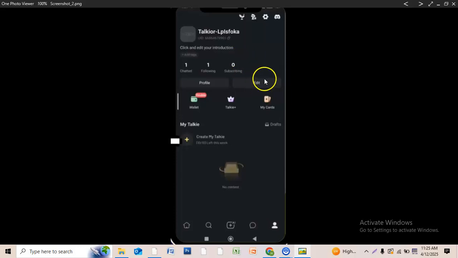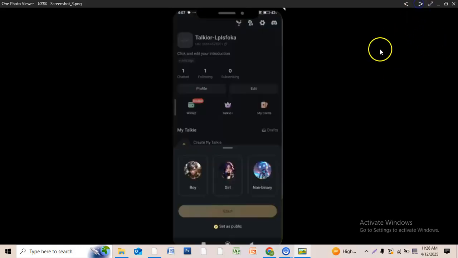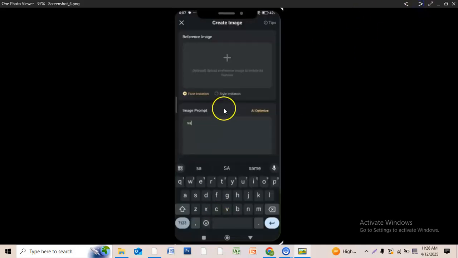Then you will be redirected to this page. From here select Create My Talkie. Then from here select your gender. Now select start. Then you can upload your image from here, or you can